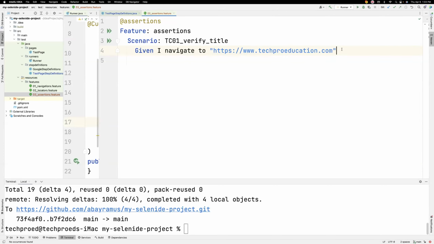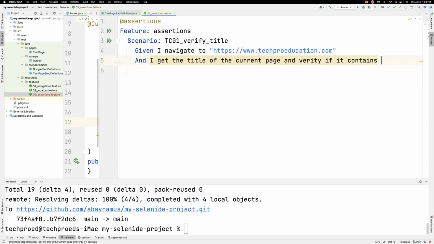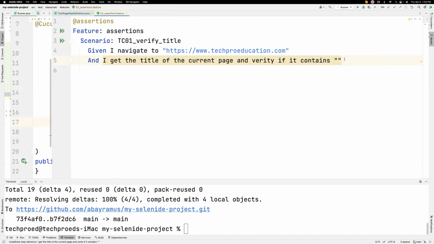Okay, that was the link of the page. And let's do straightforward. I get the title of the current page, and verify if it contains some specific string. For example, I am doing this string because I want this to be reusable